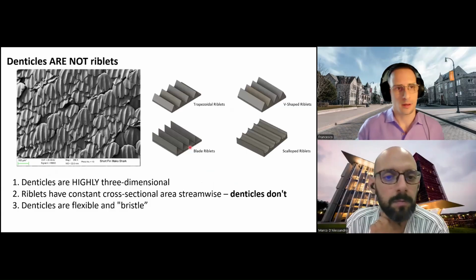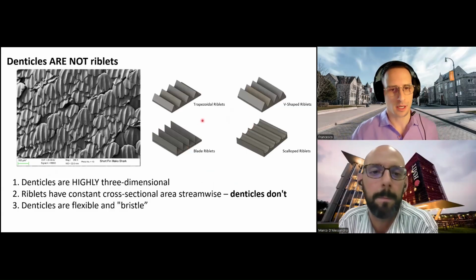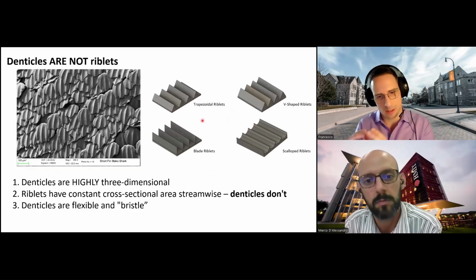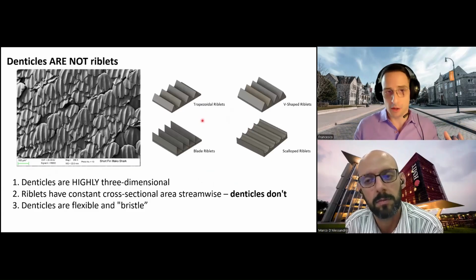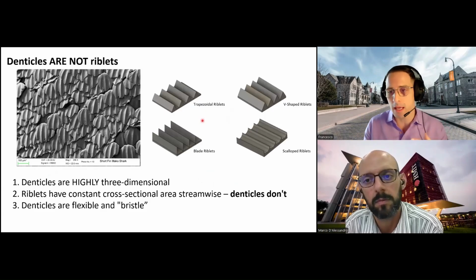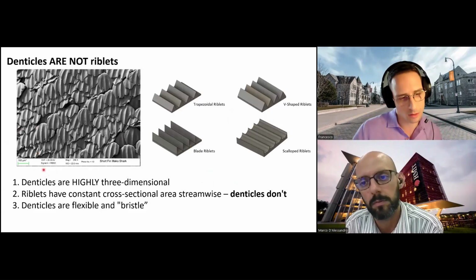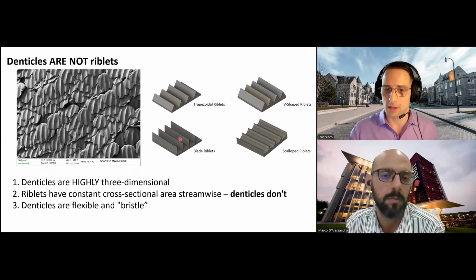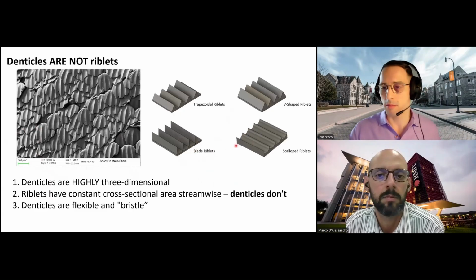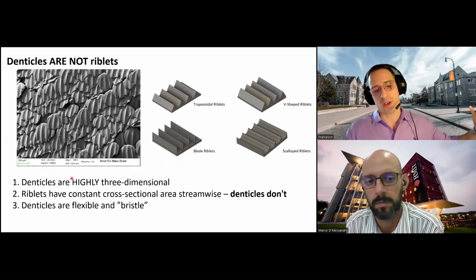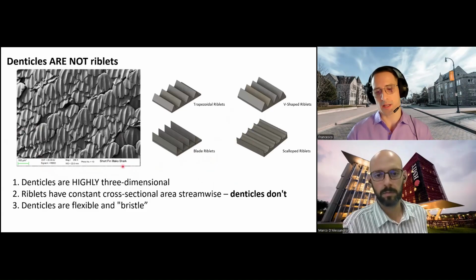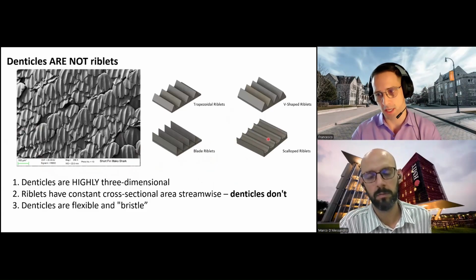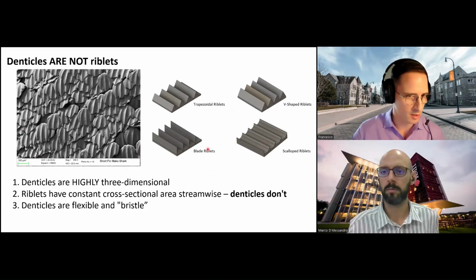Yeah, so we have to actually remember that this is kind of an idealization of the geometry if we think about the shark skin as riblets, but truly denticles are not riblets. And there are three main differences that we can highlight. One is, of course, the denticles are highly three-dimensional, whereas riblets are basically 2D. Riblets have a constant cross-sectional area streamwise. If you take, for example, the cross-sectional area of the scallop riblets streamwise, it never changes, but you can clearly